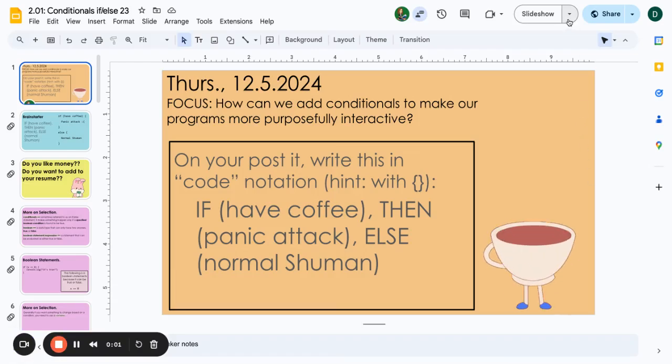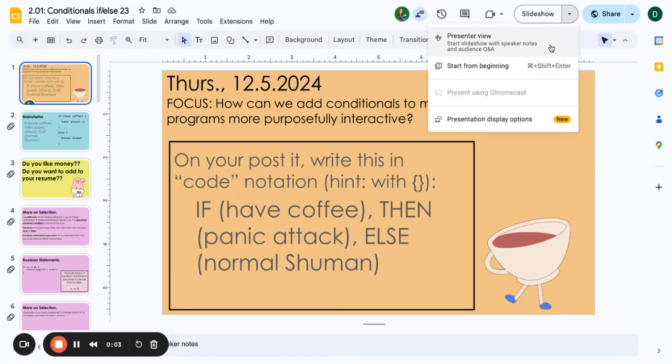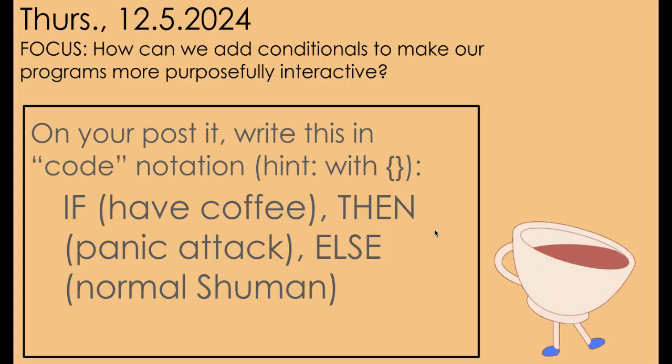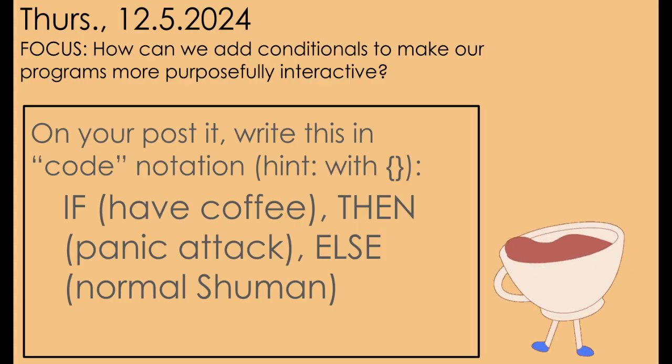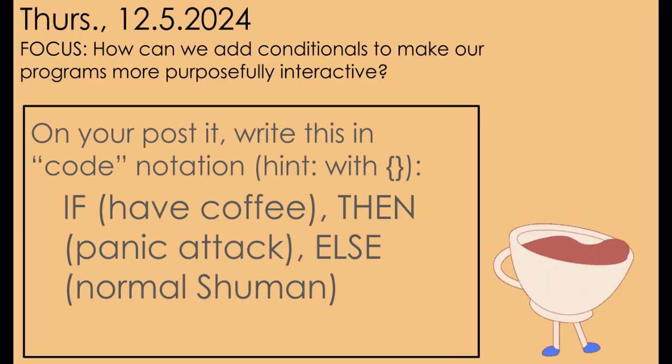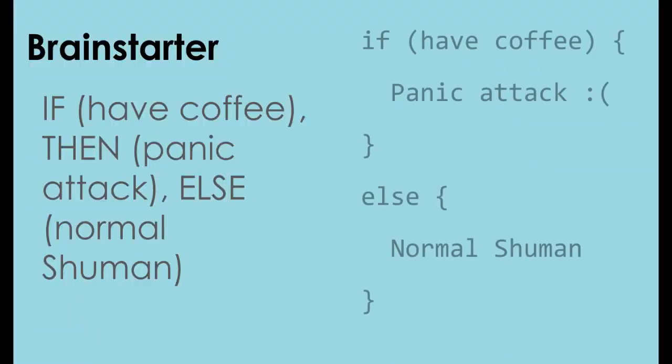In this video, we are going to learn how we can add conditionals to make our code more purposeful and interactive. So I have this brain starter for us. Write this into code notation, meaning with the curly brackets. If have coffee, then panic attack, else normal human. So I've taken that and I have put it into this